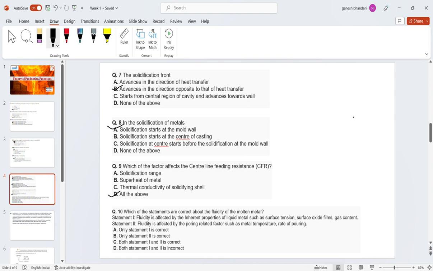Surface tension, as I previously discussed, surface tension and wettability. When you will be reading about the Young-Dupre equation, there is an amount of gas. There will be a surface tension between the molten liquid and the gas also. If that force is more, then your wettability will be more. That's what you need to see. And then surface oxide film. Can you say how surface oxide film will affect your fluidity?